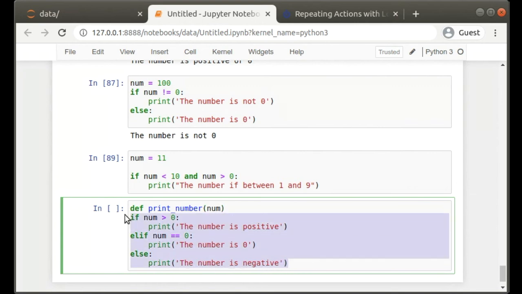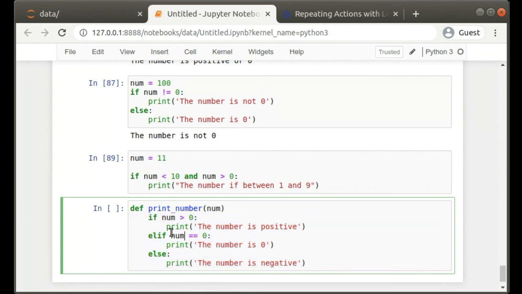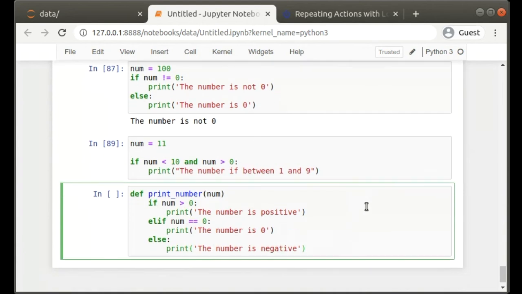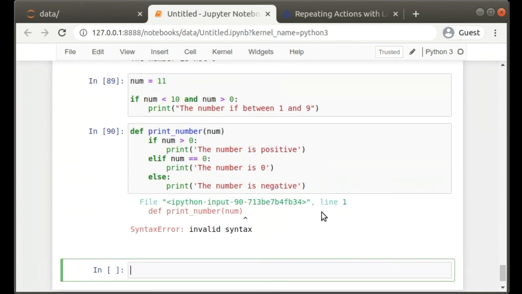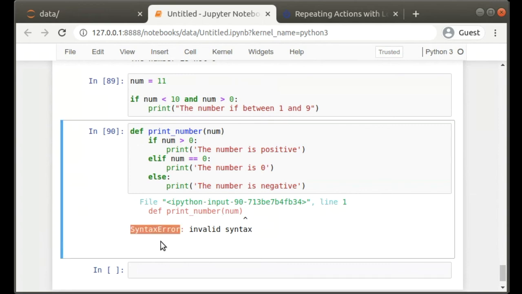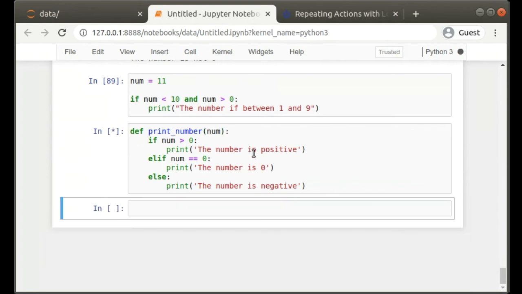So here now I need to indent the code. I have this code, and one thing that I forgot is to add a colon at the end. If I don't add it, Python tells me there is a syntax error, invalid syntax, and points out that something is missing here. What is missing is the colon. If I execute that,